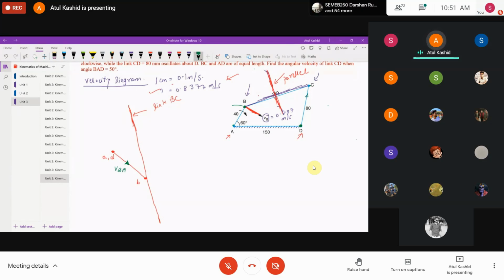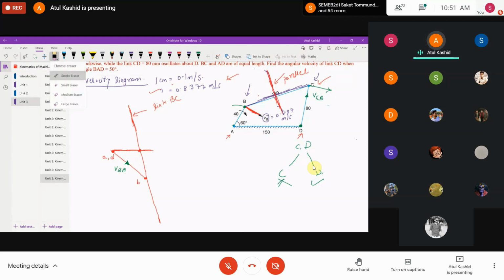So here we can represent the velocity of C with respect to B, and it will be perpendicular to this link CD, right? Perpendicular to this link CD. So for CD, we can start from point C or D, right? So what about point C? We don't know point C, but we know point D. Point D is there in our velocity diagram, right? So I'm going to draw a line which will be parallel to this direction, and it will be like this, right? So now I can see I'm getting one intersecting point over here,